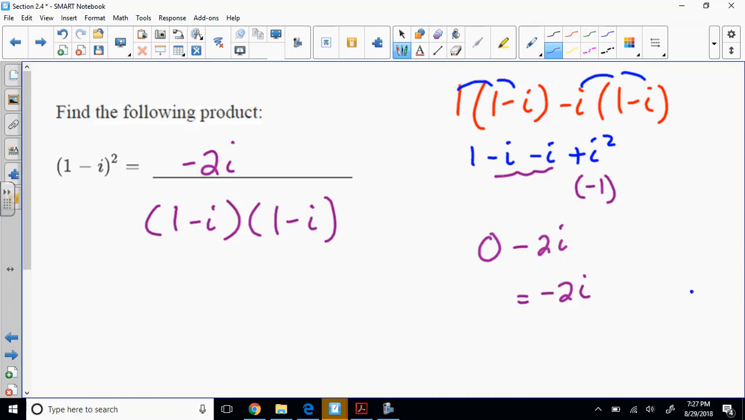Basic polynomial multiplication, right? But we're doing it with complex numbers. So the only thing you've got to make sure you understand is that i squared is -1. And when we see the negative square root of -1,